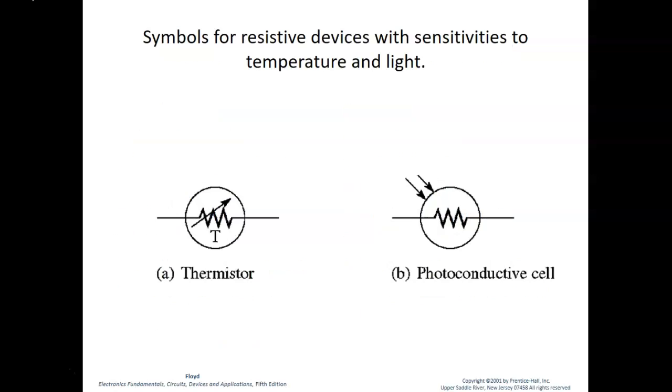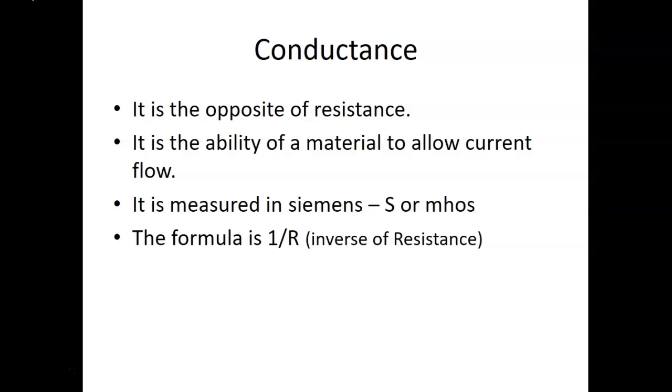All right. So these are a couple of different ones that are sensitive to light or to heat. The thermistor is sensitive to heat, the photoconductive cell to light. Both of them have their uses. We'll kind of get into those another day. We've kind of talked about conductance. So this is another way to talk about it. It's the opposite of resistance. It's basically